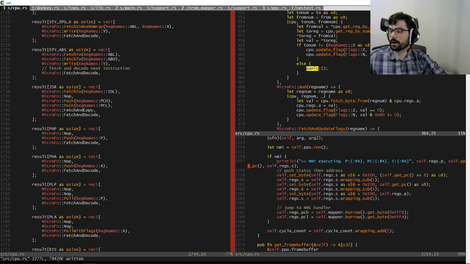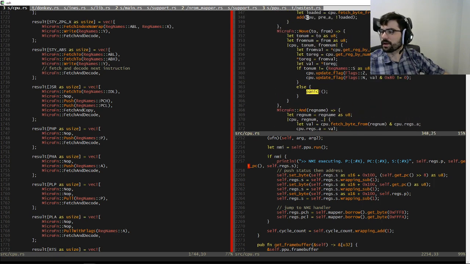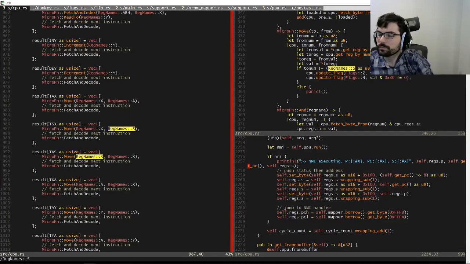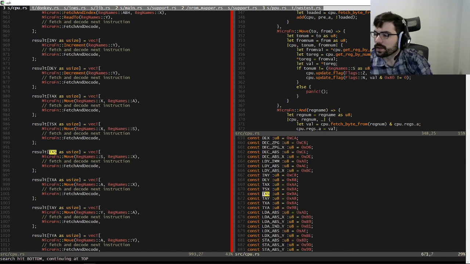Okay, so we're calling X to stack at some point, which is sort of surprising. I don't know why that's surprising, but it surprises me. Just doesn't seem like that useful of an instruction, frankly.